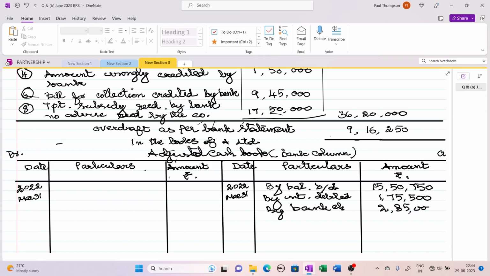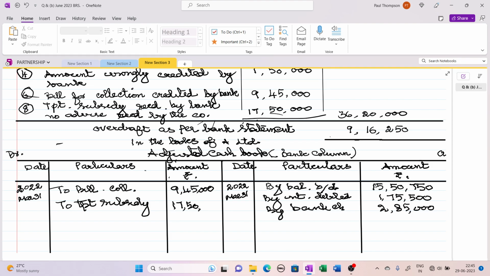Now there is a bill collected directly by bank. So bill collection is my receipt. So to bill collected, 9,45,000. Then there is a transport subsidy. It is also a direct collection into bank. Transport subsidy, that is